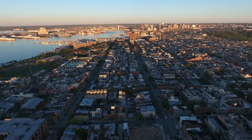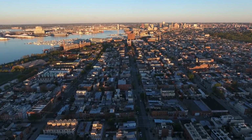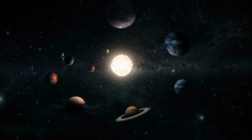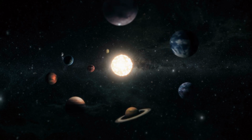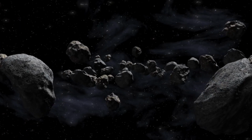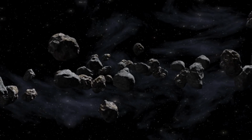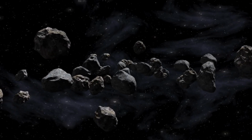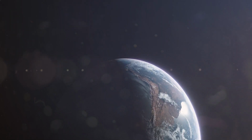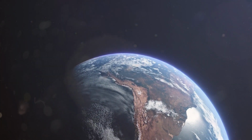across. To give you a sense of its immense size, imagine an object wider than the entire state of Maryland. Discovered way back in 1910, Interamnia is special for another reason. It's one of the darkest objects we've ever found in the solar system. It reflects very little sunlight, making it quite challenging to observe. Its incredibly dark surface is likely made of primitive, carbon-rich materials, much like what we believe formed the early solar system. Studying Interamnia helps scientists understand the composition of the ancient building blocks that eventually came together to form planets